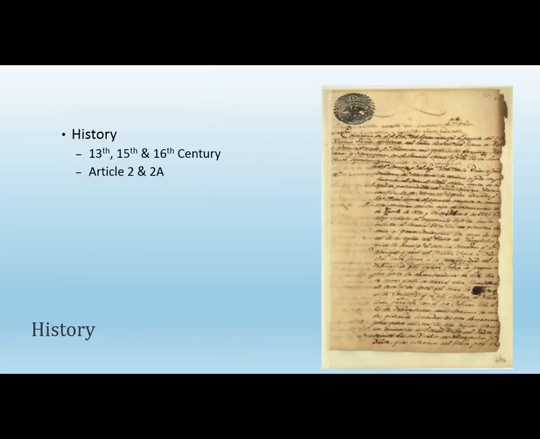The history of the sales contract: Encyclopedia Britannica states that from perhaps the 13th century on, the English common law dealt with the contractual problems. In the 15th century, the common law courts started to develop a form of action that would render such agreements enforceable. And by the middle of the 16th century, they had done so through the form of action known as assumpsit, which in Latin means "he has undertaken." So he's agreed. This is the contract of saying you've agreed and you're making this agreement with somebody else. You're taking on the responsibility.